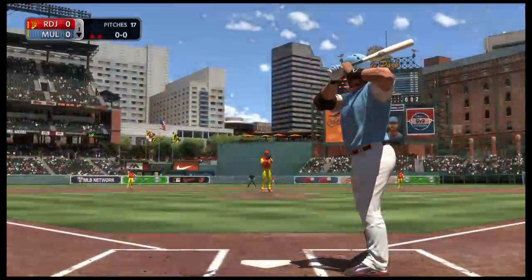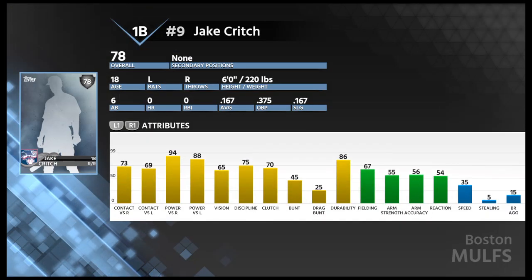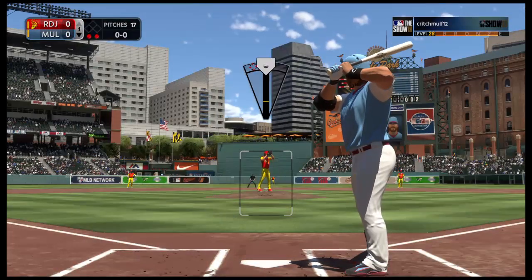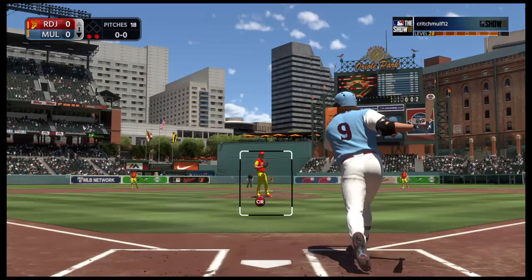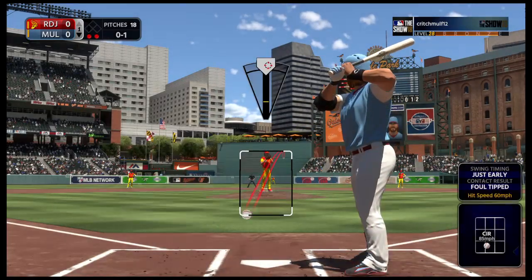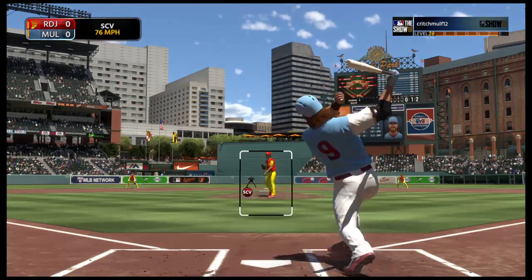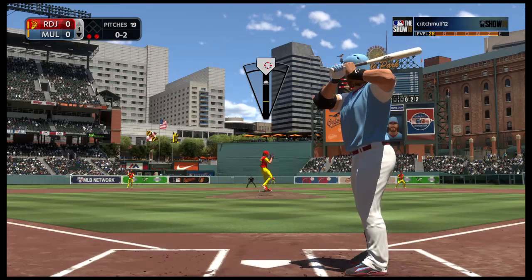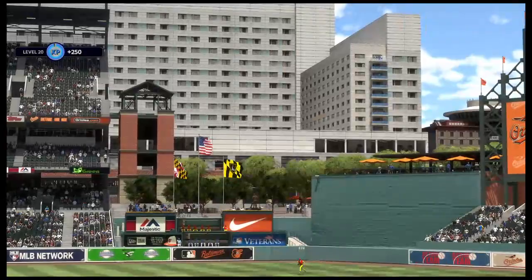Stepping up to the plate, Jake, he'll get to take his first cuts here. First pitch of the at-bat. Now he gets on top of one here and chops it foul right at home plate. The windup and the 0-1. Breaking ball in for a strike. The windup and the 0-2 pitch. Swing and a miss as he chases one out of the zone for the third strike, and that's